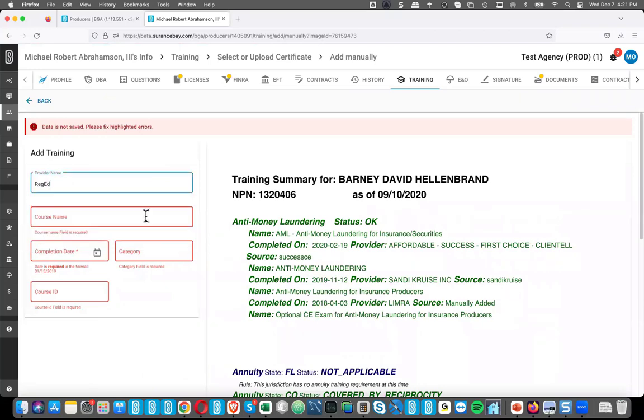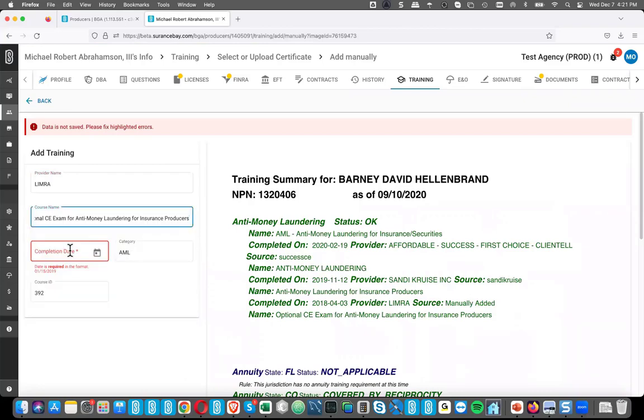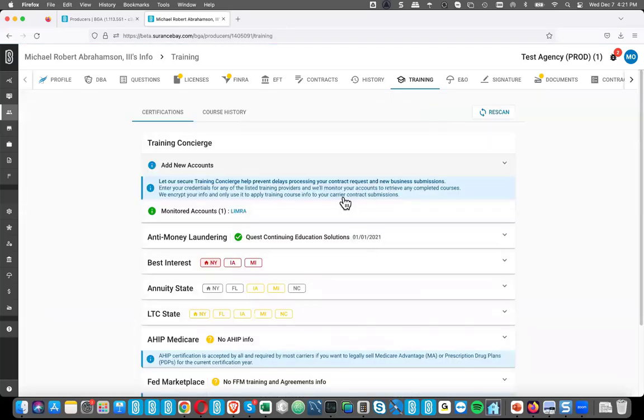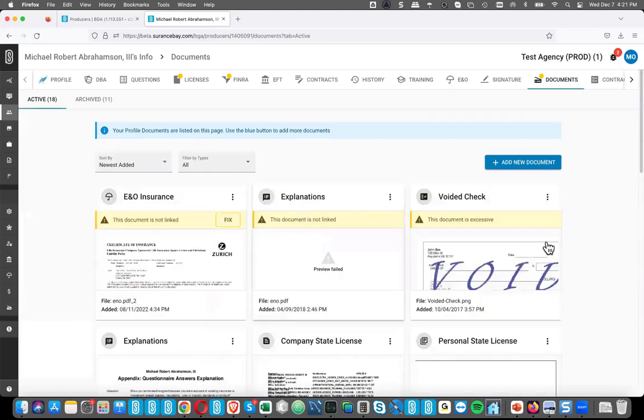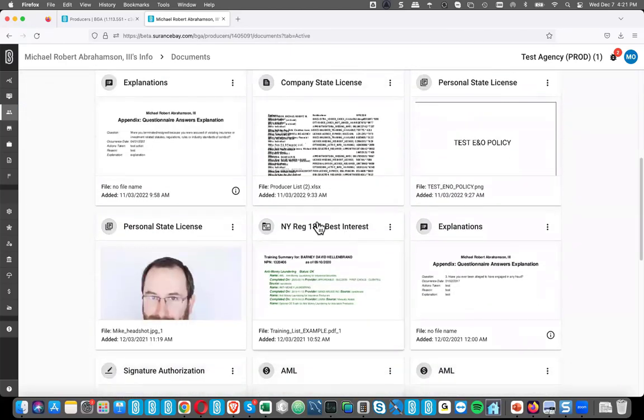So I'm just going to pick random stuff here. And then once you do that, you go back and it's resolved that issue. Now that one is linked.